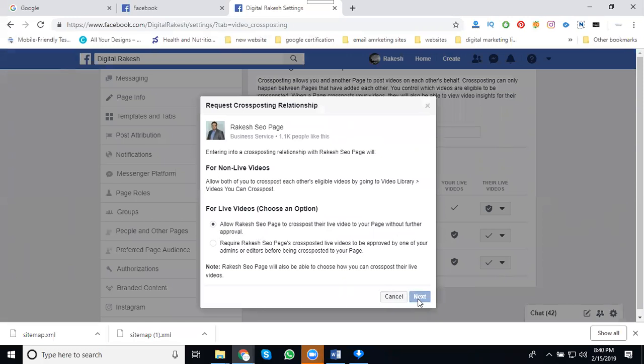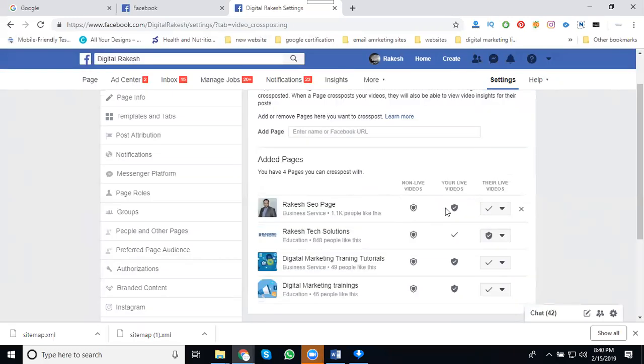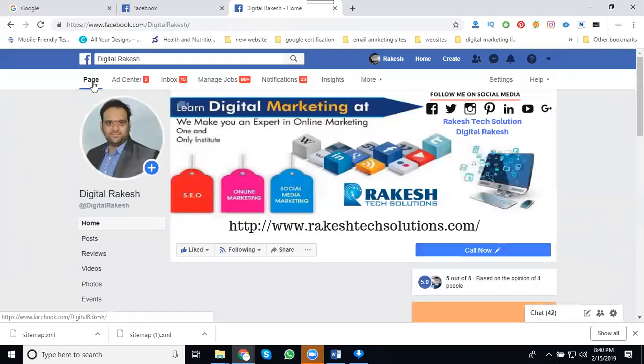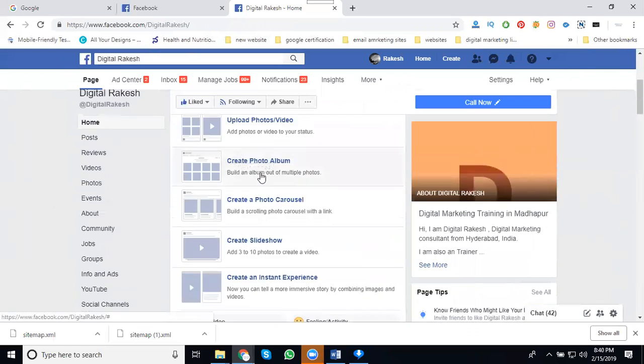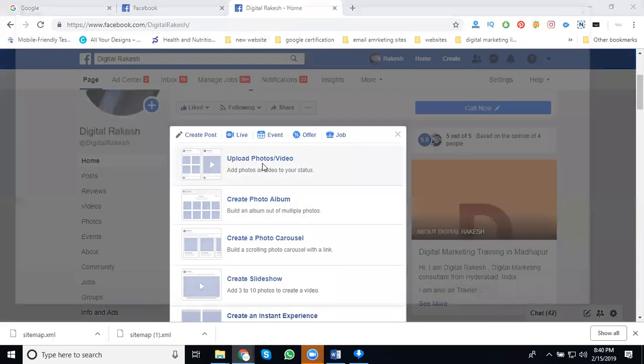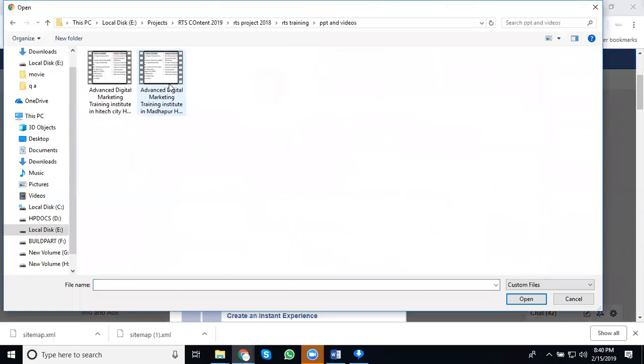Click next. Click done. So it will be approved. So after clicking your page, how do we do the cross posting? First of all, go to photo or video, upload photo or video. In this, first select the